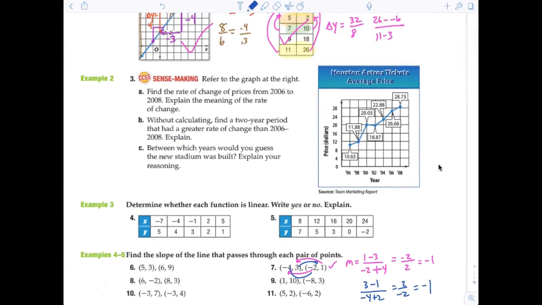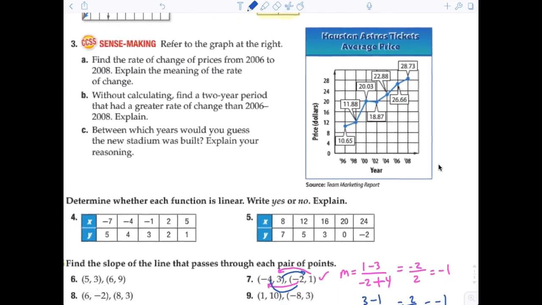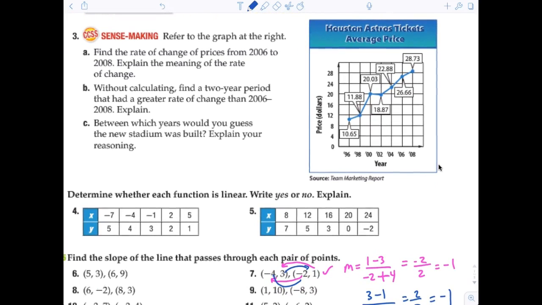Now from there, I want to go back and take a look at number 3. Of course, number 3 is like an SAT problem, which is the absolute most important problem, because now you've got to apply what you kind of understand. Let's see if it makes any sense. Number 3A says, find the rate of change. You should highlight rate of change and say rate of change is just a fancy word for what? Slope. Thank you. Rate of change means slope.